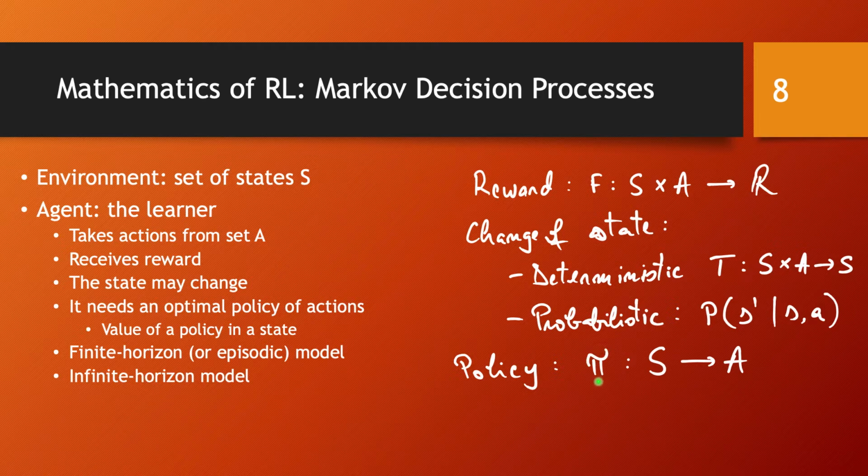And optimal here means that we are going to look at the reward we are getting step by step as a result of taking actions and transitioning to new states and then taking new actions as dictated by this policy. So this policy is going to give us a sort of dynamical system, and we are going to accumulate rewards throughout this dynamical system, and then we can think about the optimal policy and finding a way to learn this optimal policy.